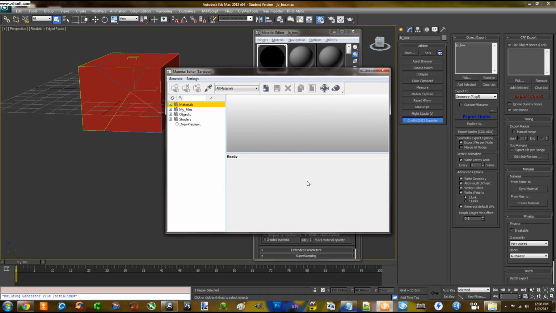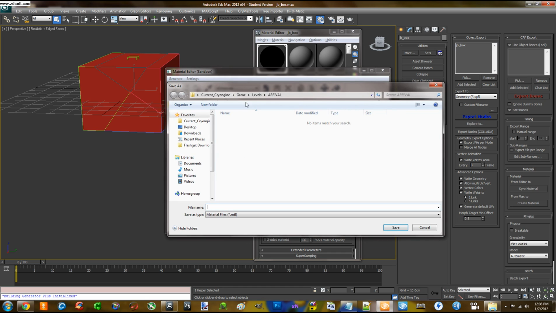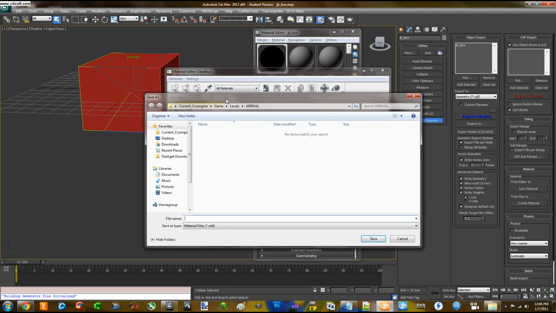Once it's opened, I didn't previously have Cryengine open, so it opened up the material editor only. It didn't actually open up the engine, just the material editor. Once it's done this, I'm going to create material again. It's going to allow me to save that material. This material does need to be named exactly the same as your object, JB_box, which is the name of the